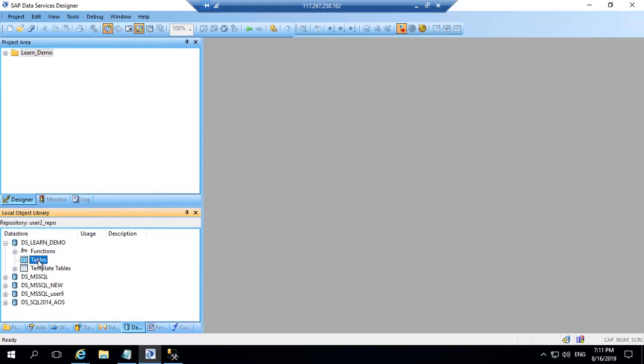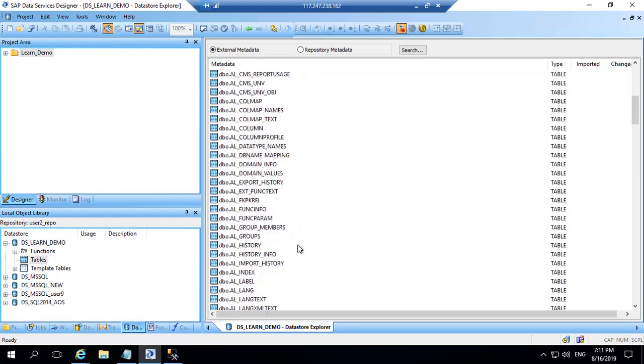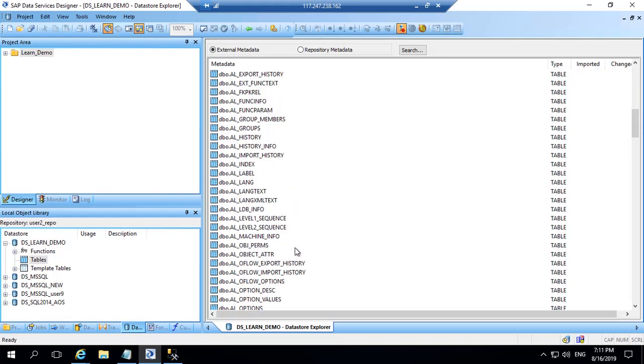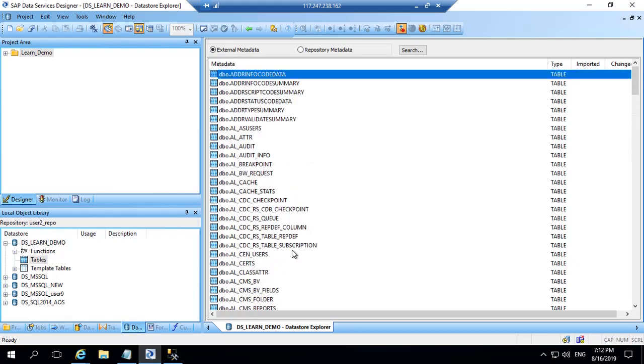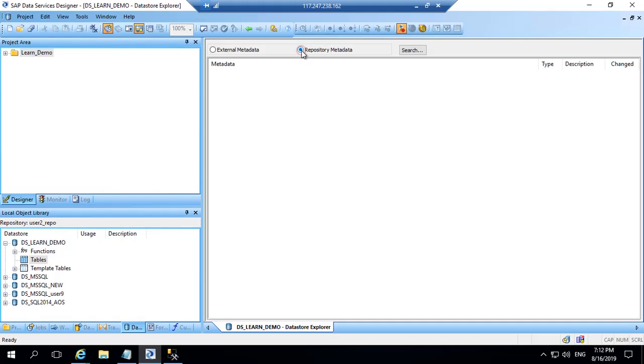So I will double click here, and under external metadata I see all the tables which I could see in my SQL server. So data has been fetched about the tables, and I can also go and see repository metadata. Repository metadata is nothing but metadata which is available in this repository. So right now we haven't imported any table, so there is no data available here.